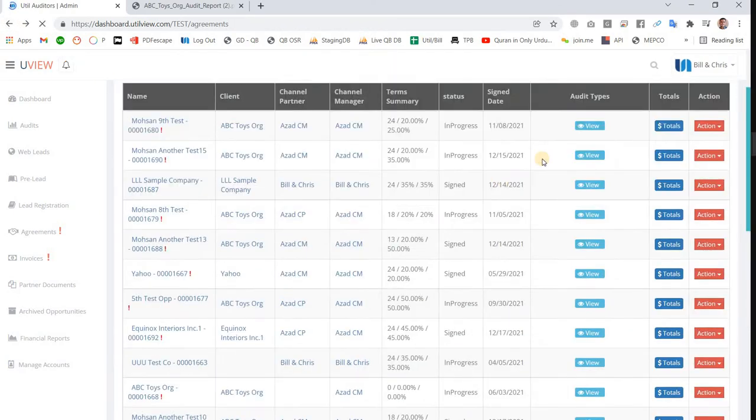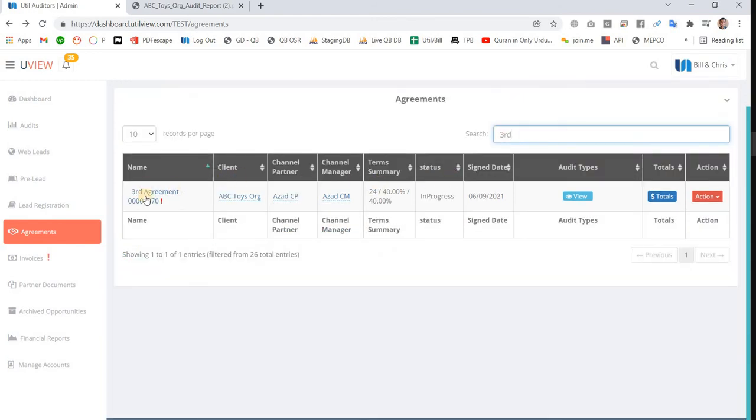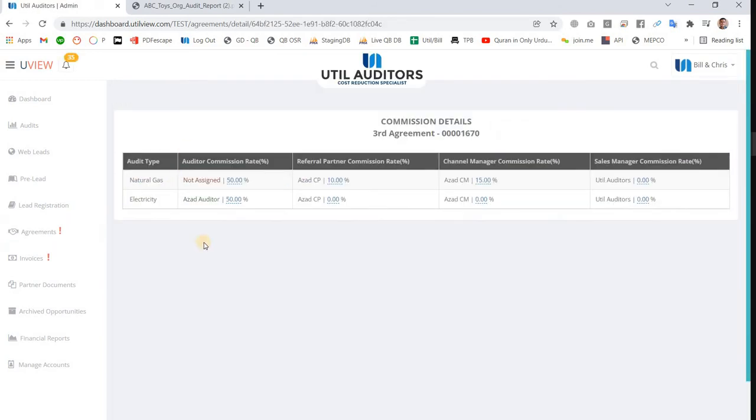Let me open an example. This one only has 2 agreements, so from here you can update the commission percentage for any party. For example, the auditor, I'm going to put 10% instead of 50%, and save.